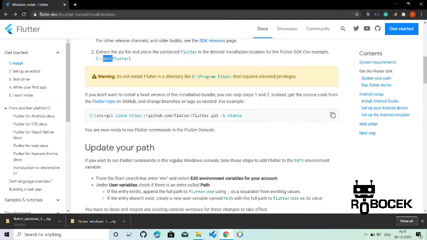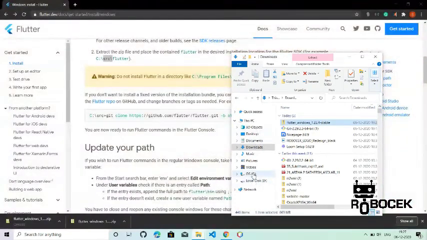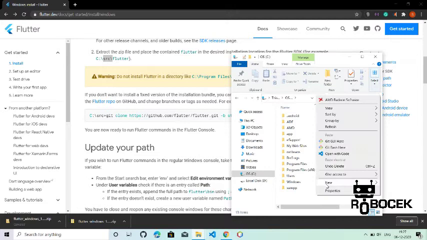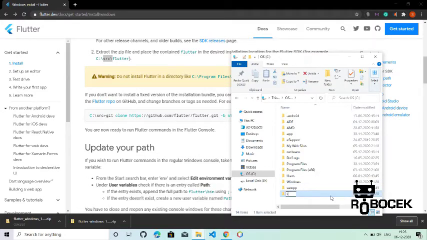Now let's do that. Go to C drive, create a folder, name it src. Yeah, we are done.